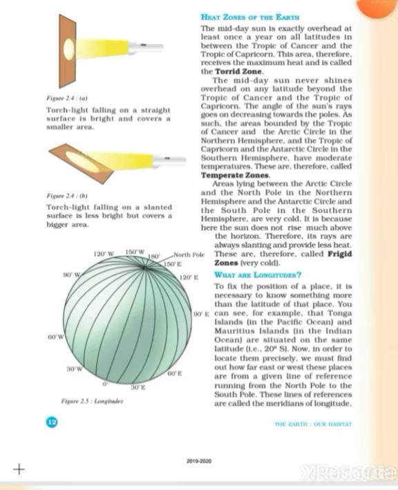So keep in mind that it is not the prime meridian alone that divides the earth into two equal halves. It is the prime meridian and the 180-degree east and west meridian, that is the same line, that cuts the earth into two equal halves, that we call the Eastern and Western Hemisphere.